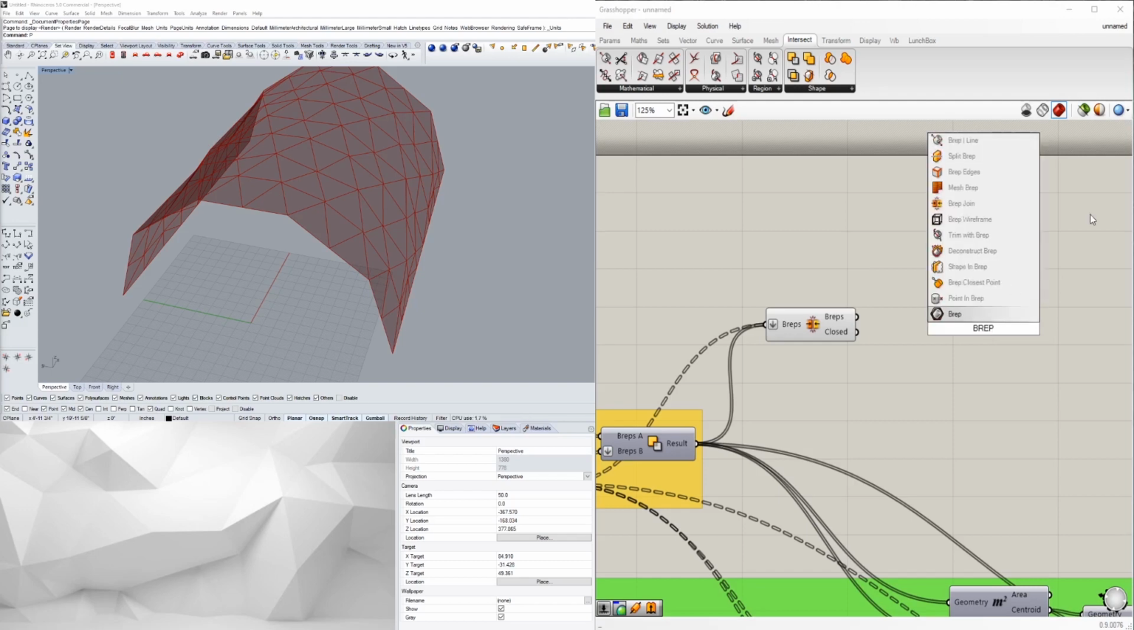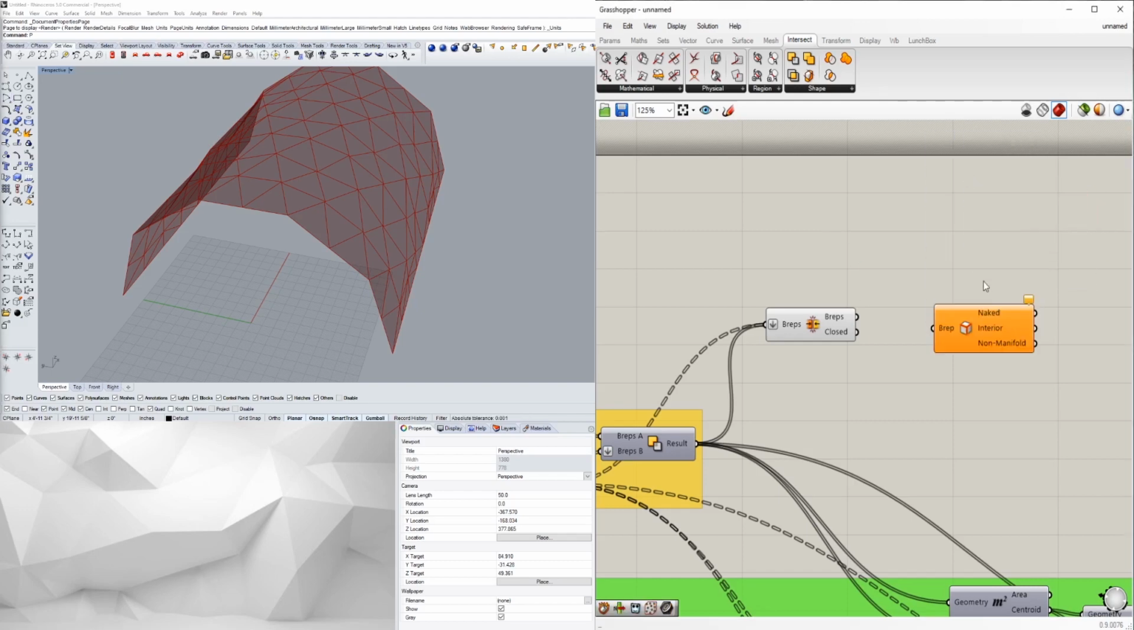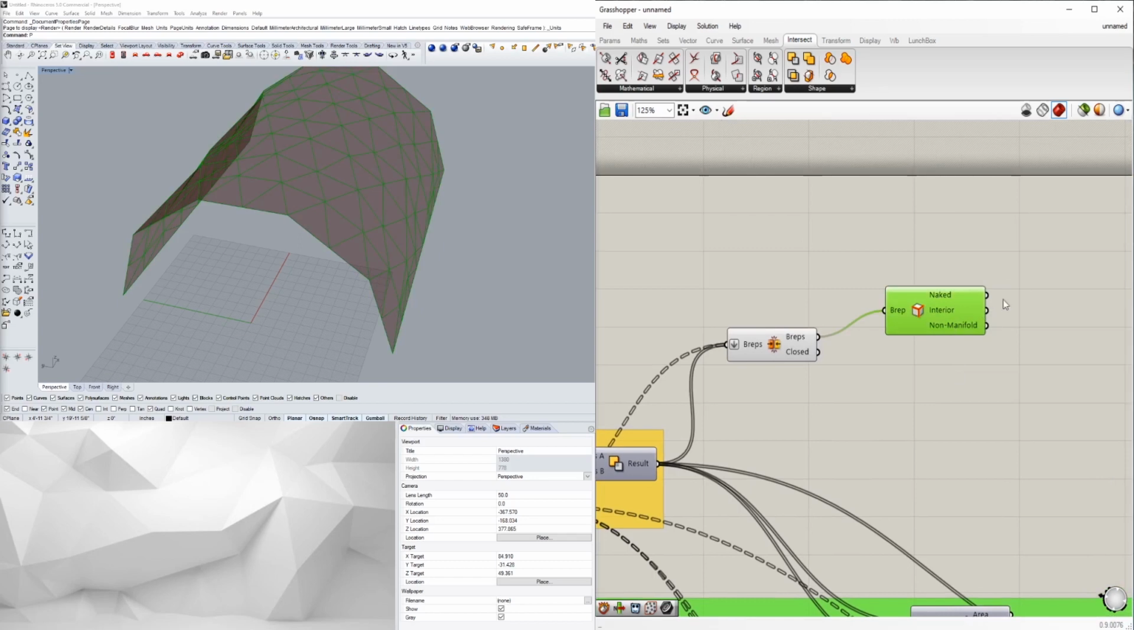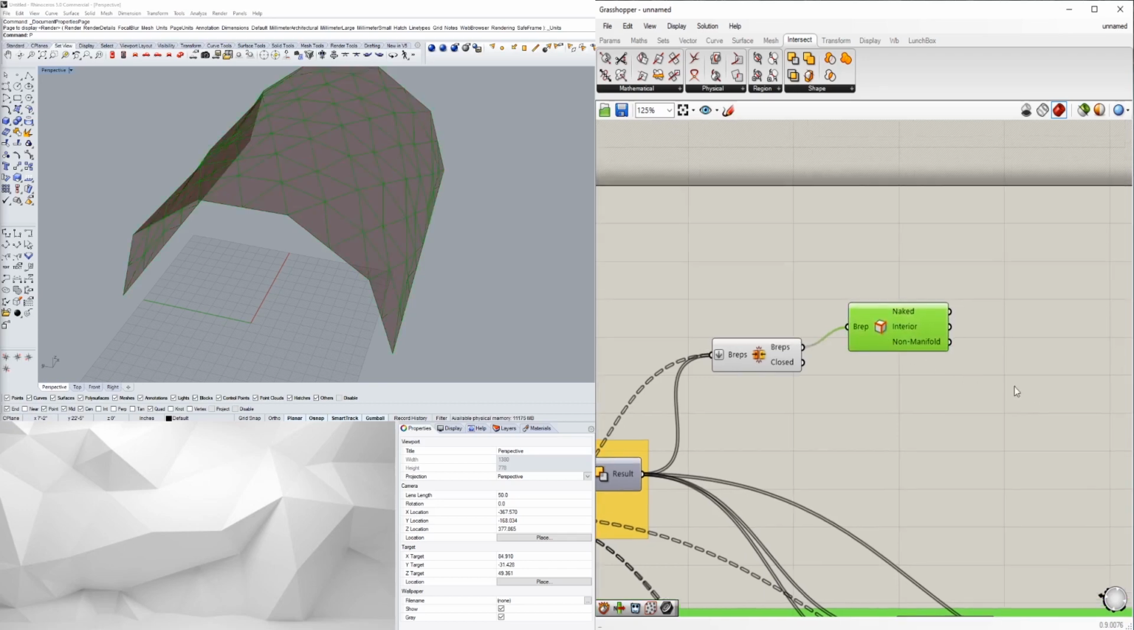BREP edges. Yeah. The reason why I like it is because it takes your BREP and gives you the naked curves and the interior curves. I used to think it was funny that they call them the naked ones, but it makes sense because they're on the outside. They're the ones that you see on the outside, and the interior ones are, obviously, the interior ones. So I like that because I can take this and